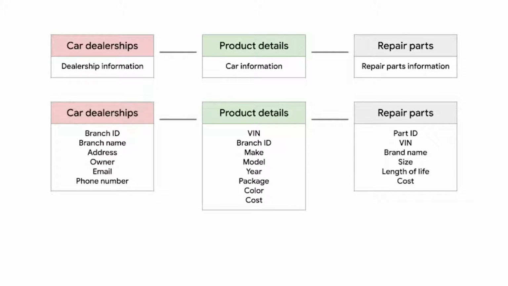The structure of this database can help you decide which data you need to pull to meet your objectives. For example, the total number of a particular brand of car sold, or a repair part for a specific make and model of a car at a certain branch. Tables allow you to make decisions about data types. They help you to figure out what variables you need and the data type those variables should have.